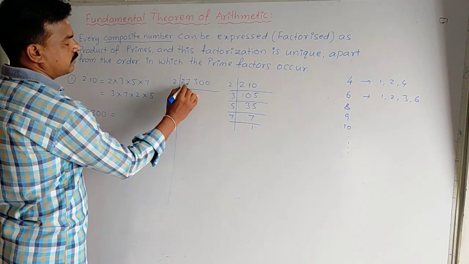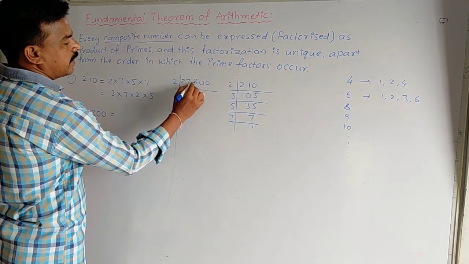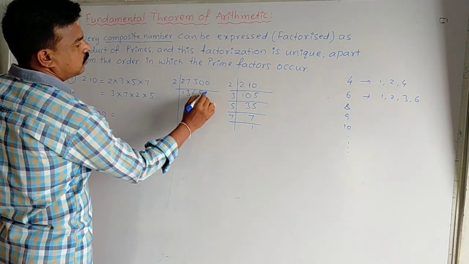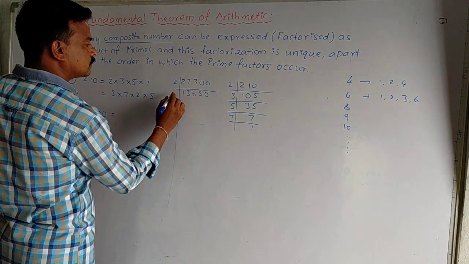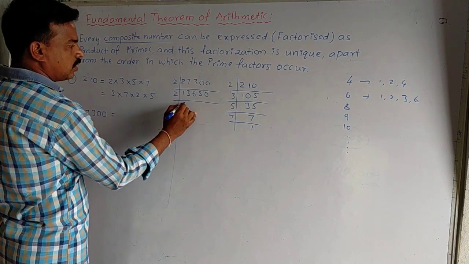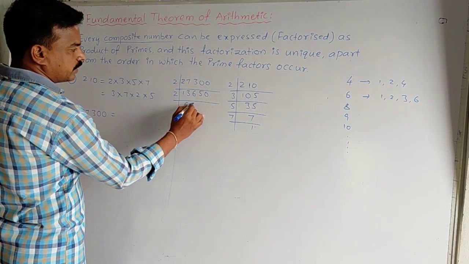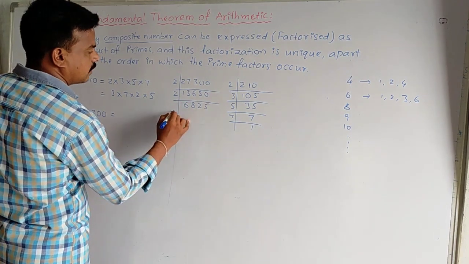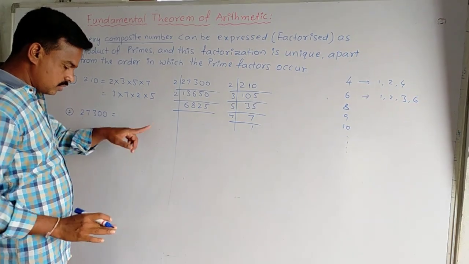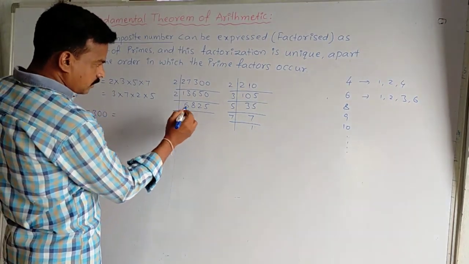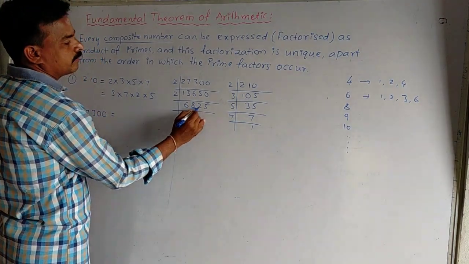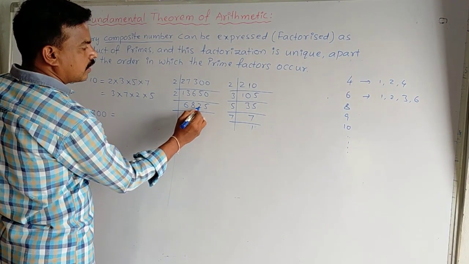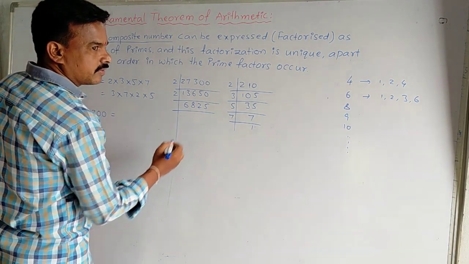2 1 is 2, 2 3 is 6, 2 6 is 12, and 1 carry or 1, 10, 2 5 is 10, and 2 0. Next, again it is divisible by 2 table. 2 6 is 12, next 2 8 is 16, next 2 2 is 4, 2 5 is 10. It is not divisible by 2 now, but you see 6 plus 8, 14 plus 2, 16 plus 5, 21.